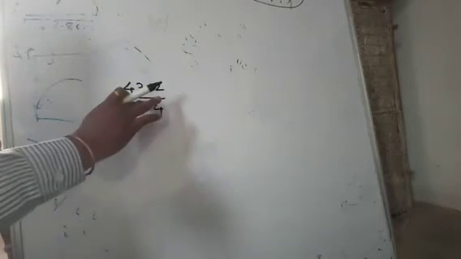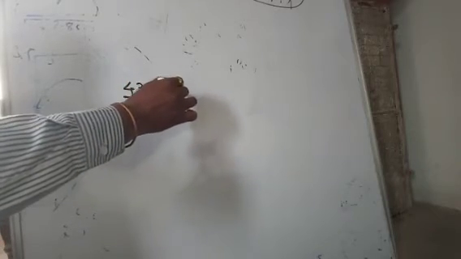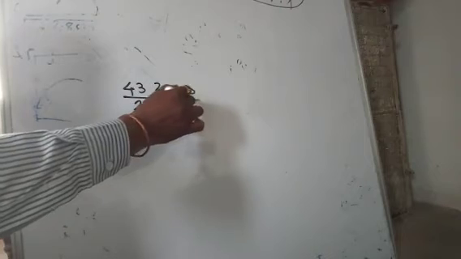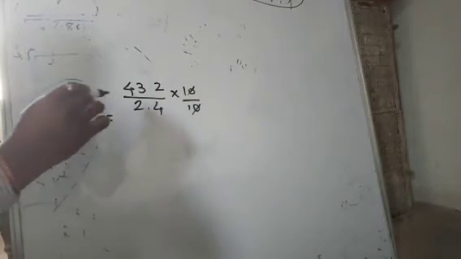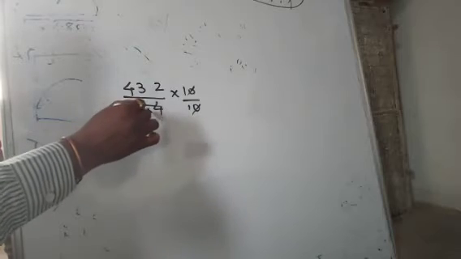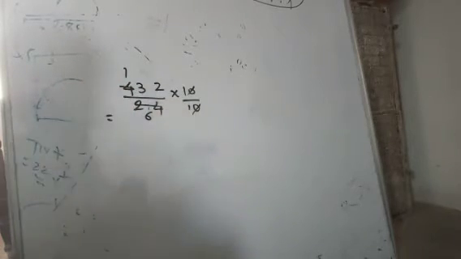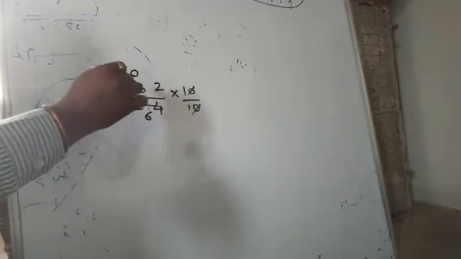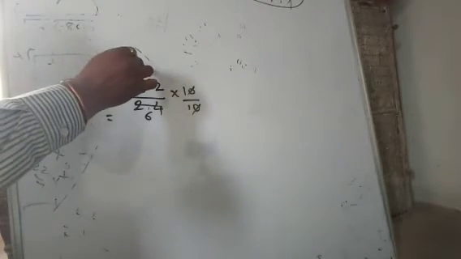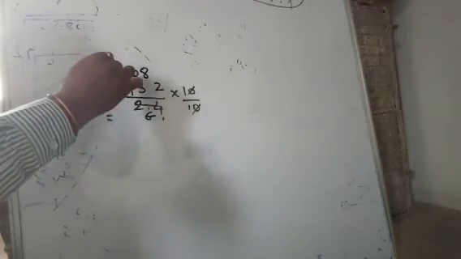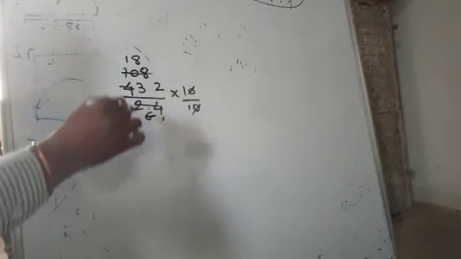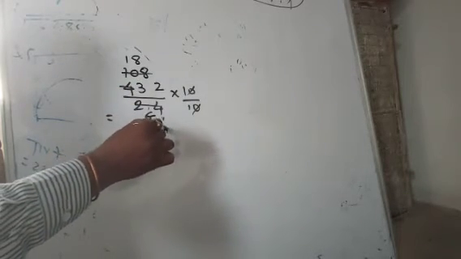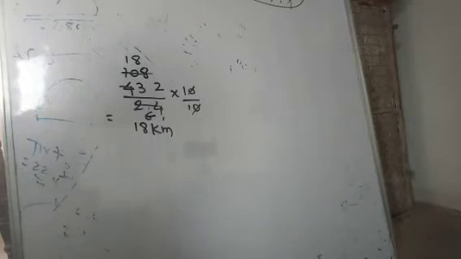Same method we have to use. Move this decimal point to the right by 1 place, and move this decimal point to the right by 1 place. So both become whole numbers, and we can divide by 24. 4 6s are 24, 4 1s are 4. Directly here 4 8s are 32 we can't write, so take 10. Now you can write 32. 4 8s are 32. Divided by 6, 6 1s are 6, 4 remains. 6 8s are 48. So 18 kilometers. So in 1 liter of petrol, it can cover 18 kilometers.